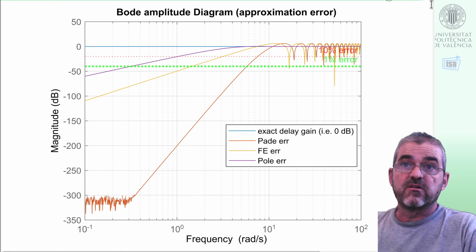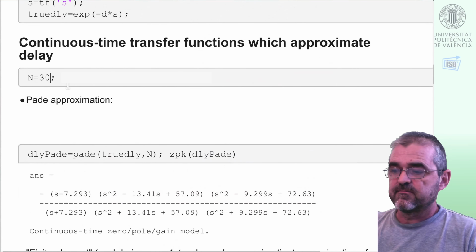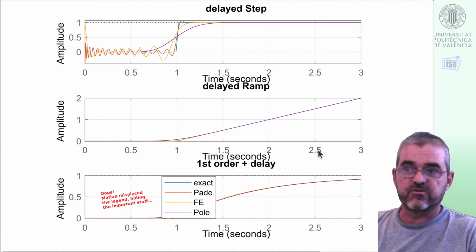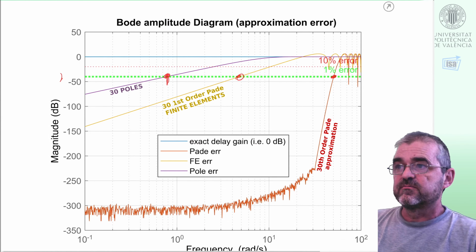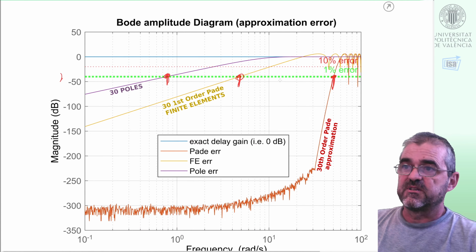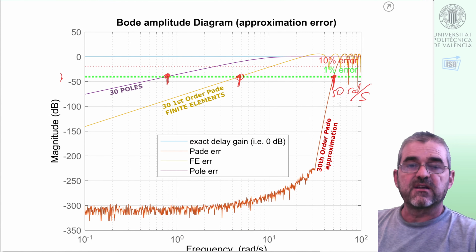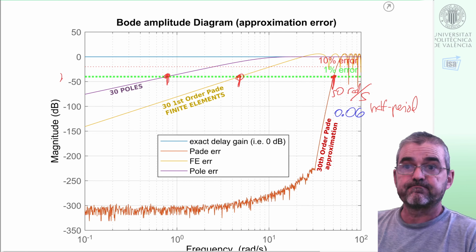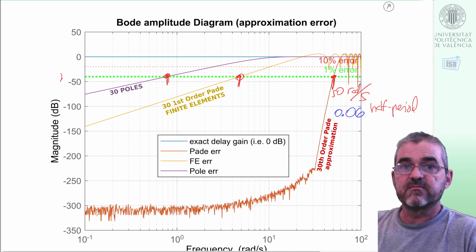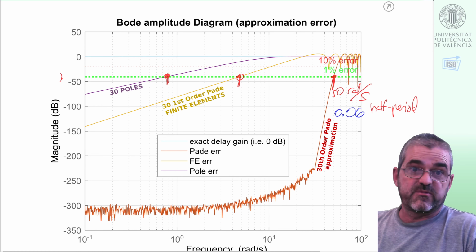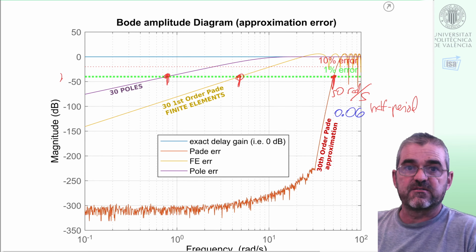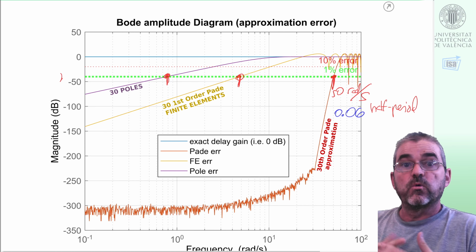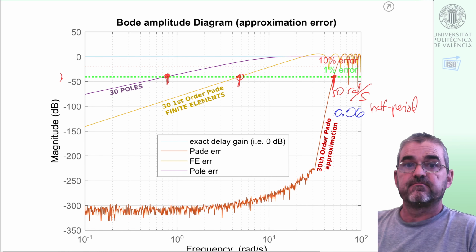Of course, if we increase the order of approximation and we go to 30, well, this is the step, ramp and first order responses. And in frequency, increasing the order, we do increase the bandwidth up to which the approximation is good enough. For instance, this is like 50 radians per second, 6 hundredths of a second of half period, so that order 5 got us 99% accuracy for applications with half a second settling time. And in here we get 6 times more complexity, order 30, but we get 99% accuracy in sort of 8 times faster applications. So choosing the correct order in a simulation for a given subsystem depends on what it is connected to